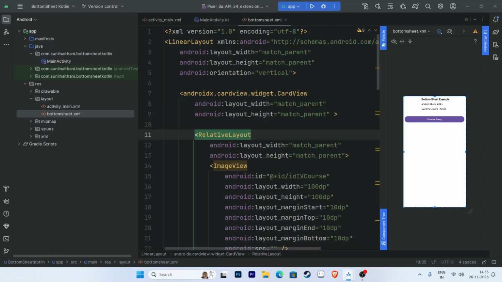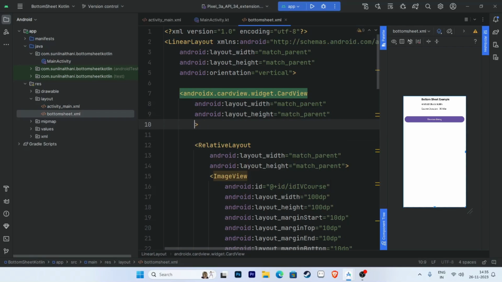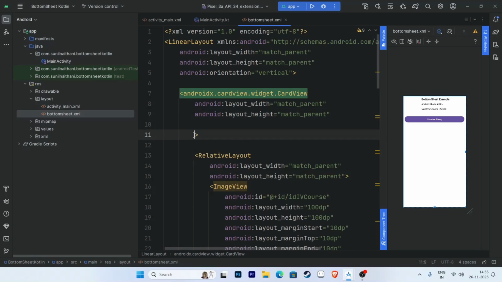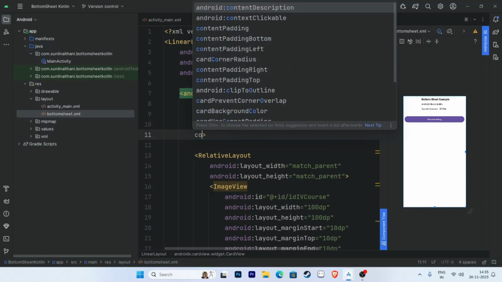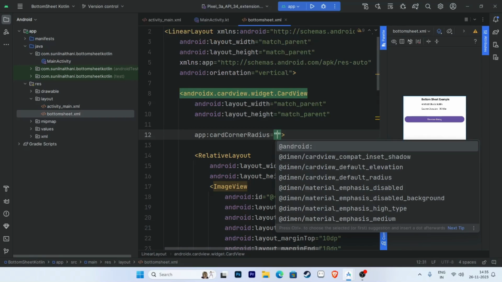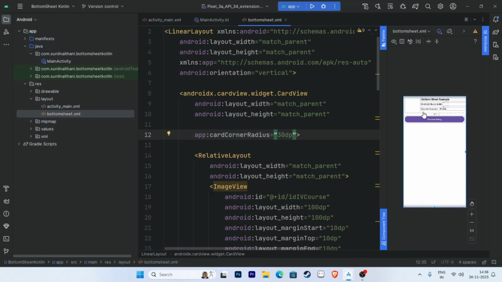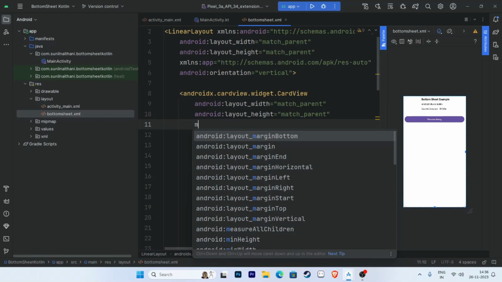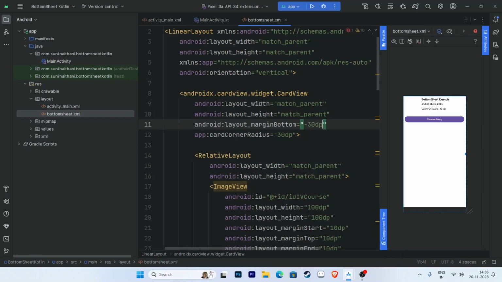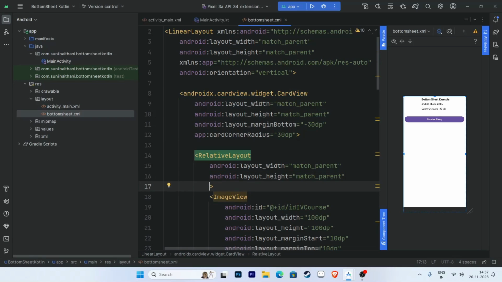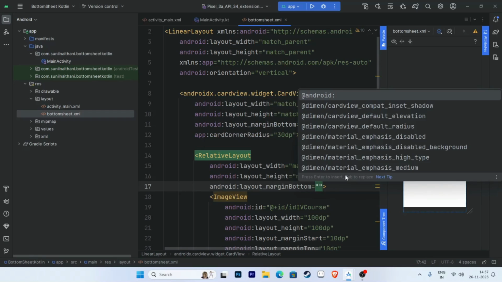Now design the bottom sheet dialog with round corners. Set the corner radius to 30 dp and the bottom margin to minus 30 dp for the card view. And now set the relative layout bottom margin to 30 dp